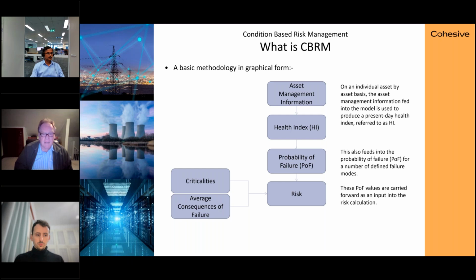So what is the criticality of the asset? We know the probability of failure. Put the two together, we calculate risk. And the risk score is calculated as a monetary value per asset. That is then rolled up to the total network, so they know the total risk value of the network the operator is managing. So CBRM is being fed from Maximo. It's replaced 100 spreadsheets, and on each record we can see what the health is, what the criticality is, and what the risk is.